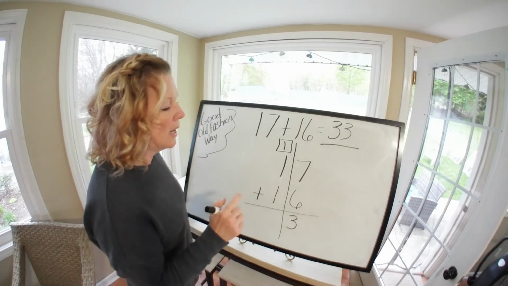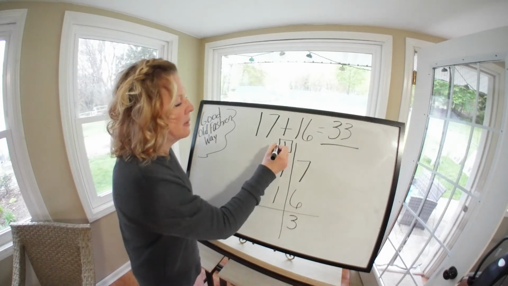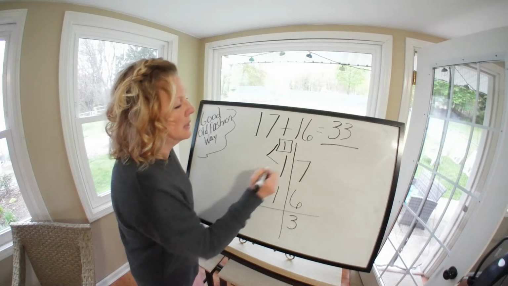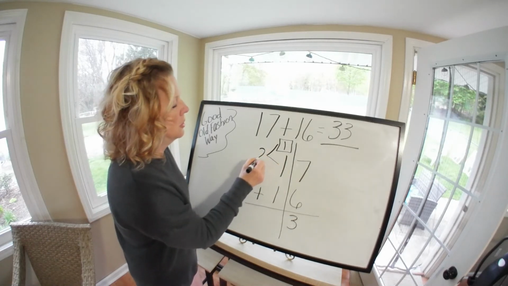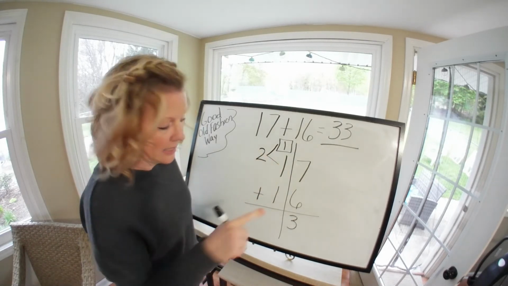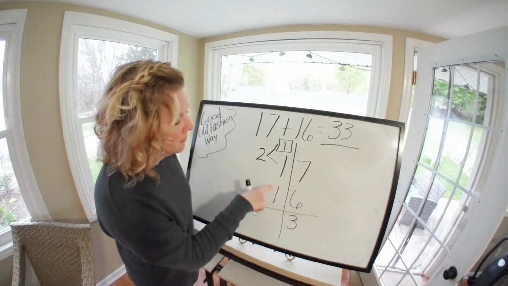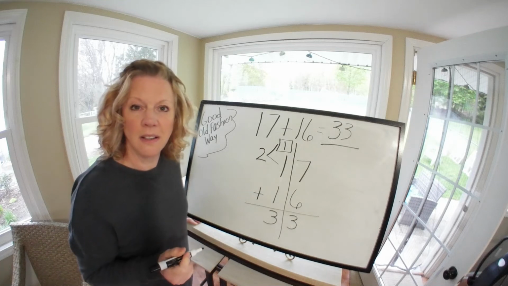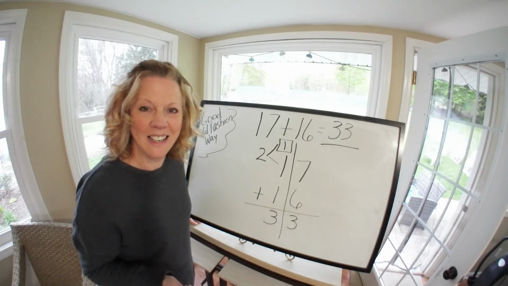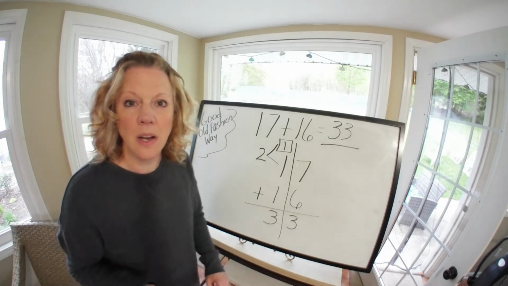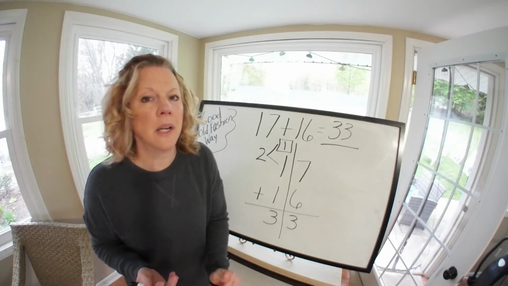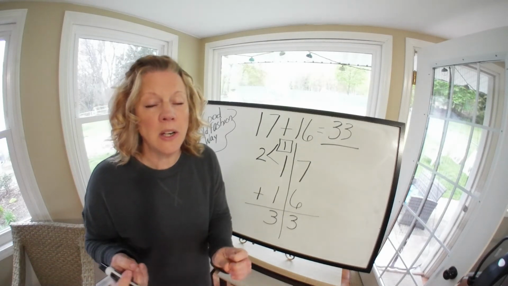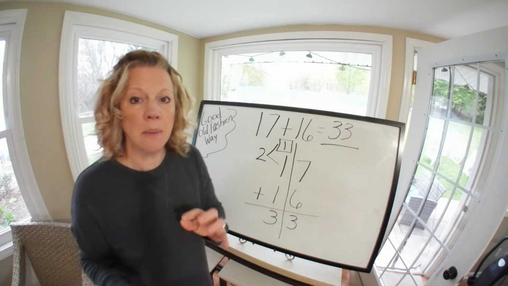Now, what I'm going to do is connect my first two numbers. 1 plus 1 is 2, but I'm not done there. I still have to add this one. 2 plus 1 more is 3. Do you see how I did that? I came up with 33. It was shorter, it was quicker, but I, again, still want you understanding that you have to separate your tens